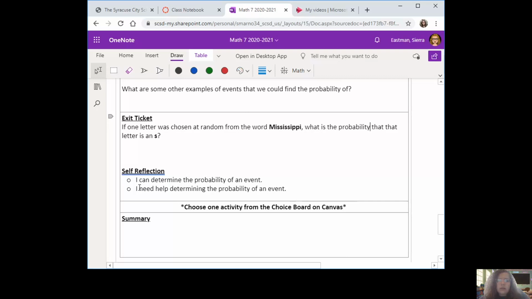Then you can complete your self-reflection, choose one activity from the activity choice board on Canvas, and then we are